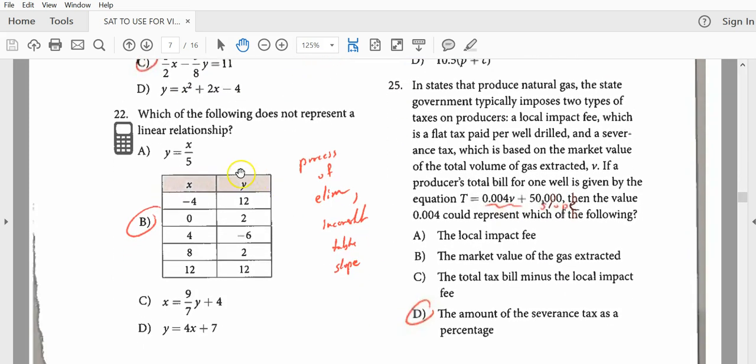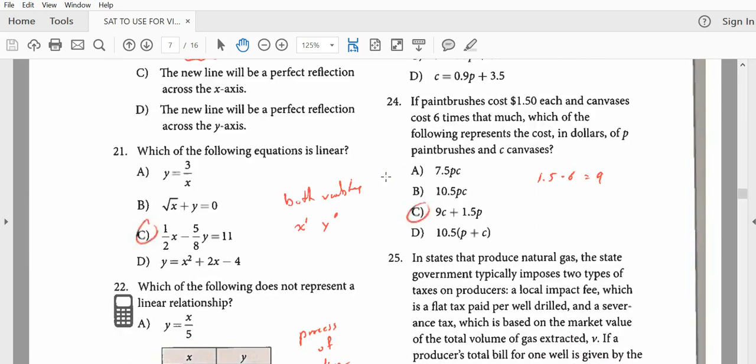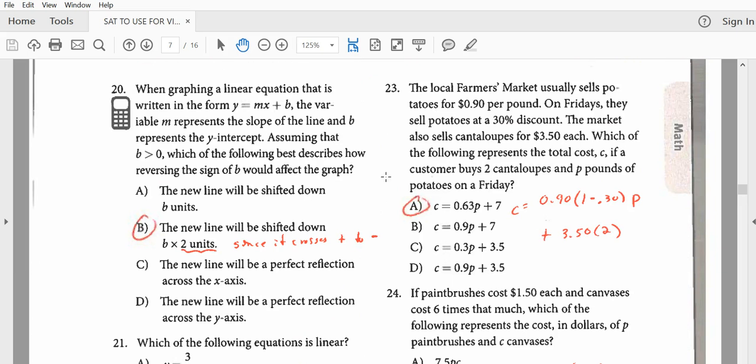Does not represent linear. Both variables have an exponent of 1, exponent of 1, exponent of 1. If you checked this one, you'd find that it was an inconsistent slope, therefore it's not linear. Okay,